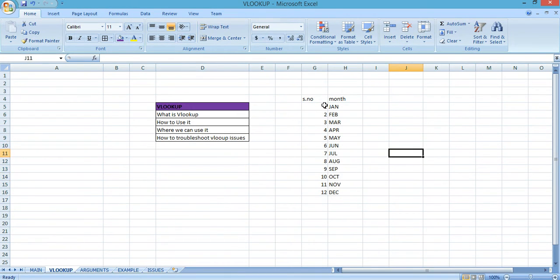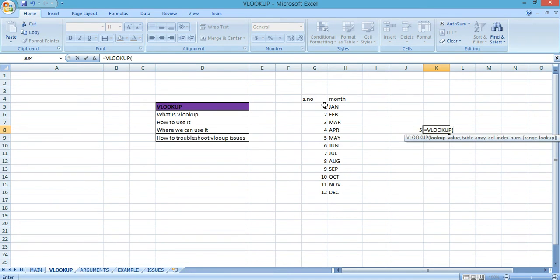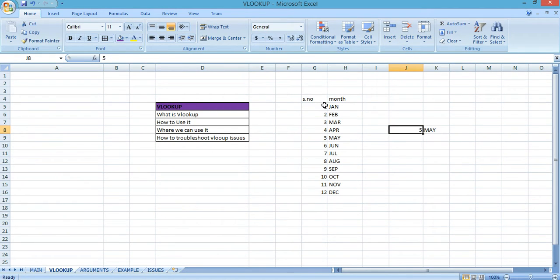Okay, so if I want the respective month name against serial number 5, I will put a VLOOKUP function, VLOOKUP 5, and I will get the corresponding value. So if I change the serial number, I will get the respective month value.